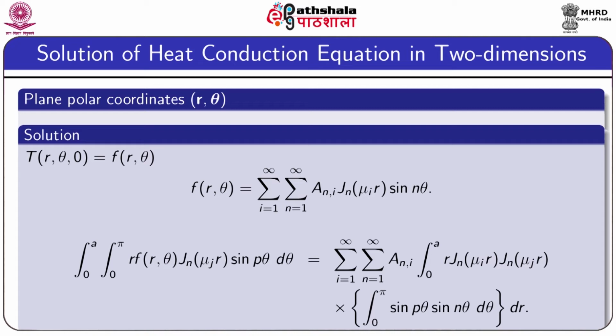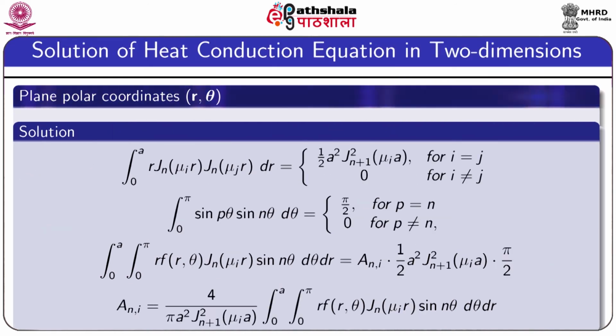Now to obtain A_nl, we need to multiply both sides by r J_n(μ_l r) sin(nθ), and then we need to integrate over 0 to a. This is the range for r, and 0 to π is the range for θ. So if you do this using the orthogonality property of Bessel's function and the orthogonality property of the sine function, we can obtain the value of A like this: